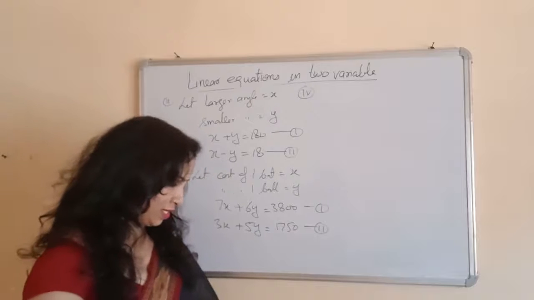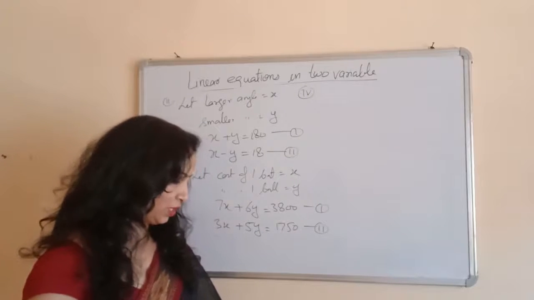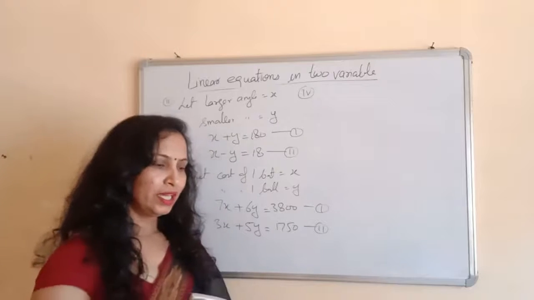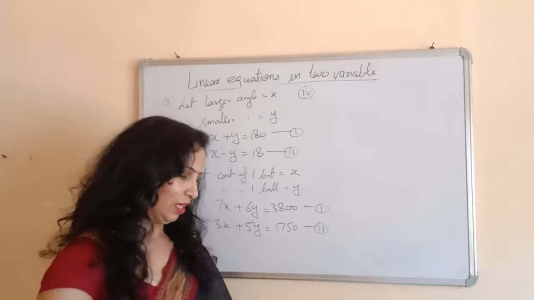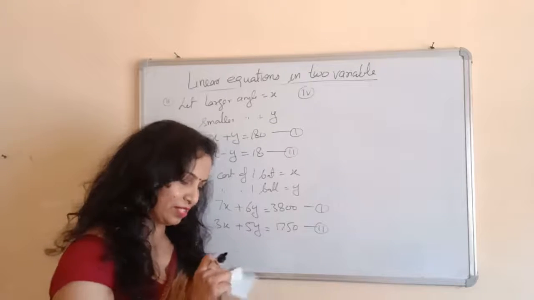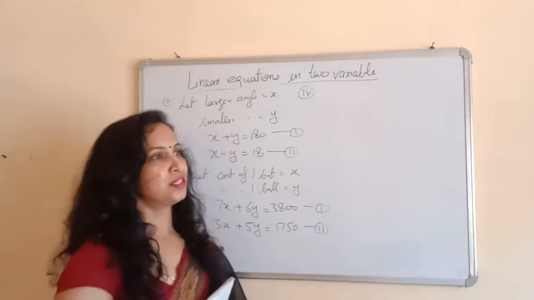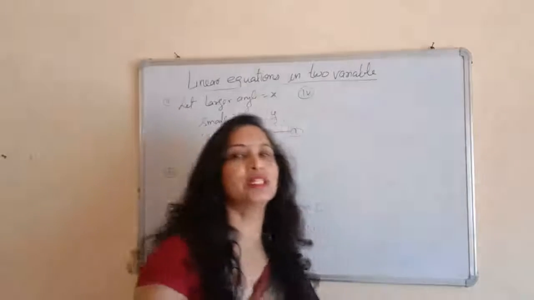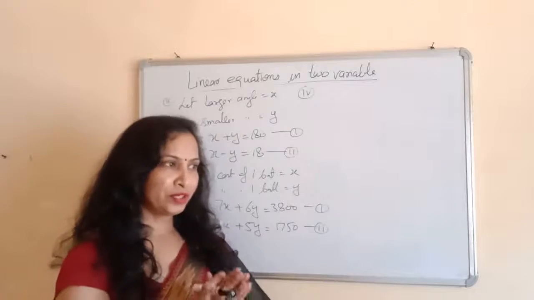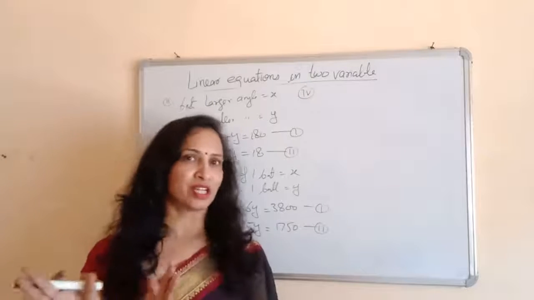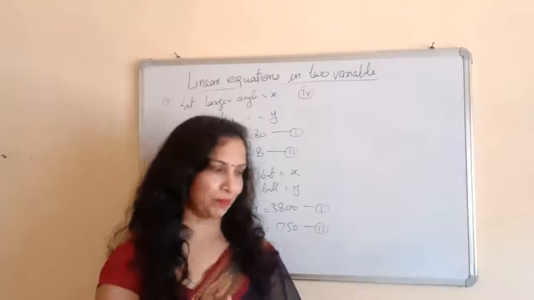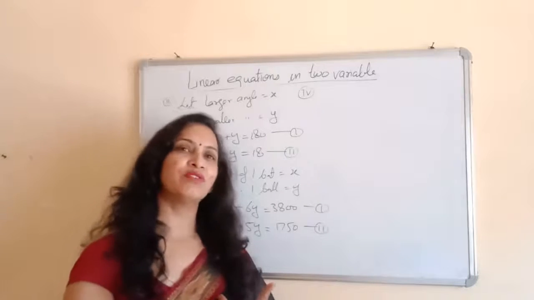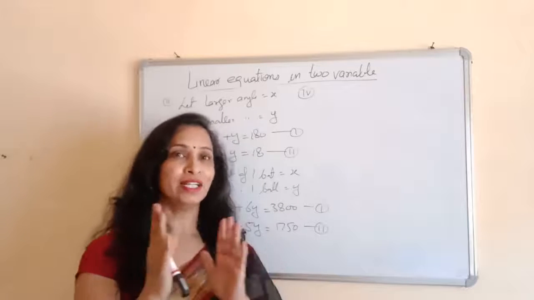Okay, now the fourth part of this question. The taxi charges in a city consist of a fixed charge together with the charge for the distance covered. So just take an example. Suppose you hire a taxi and the taxi driver says that it has a fixed charge together with the cost per kilometer. Suppose you have to go a distance of 5 km and the driver says there is a fixed charge of 50 rupees, definitely he will take it. And then the further cost depends on the distance covered by you. Suppose he said that for 1 km he will take 10 rupees.